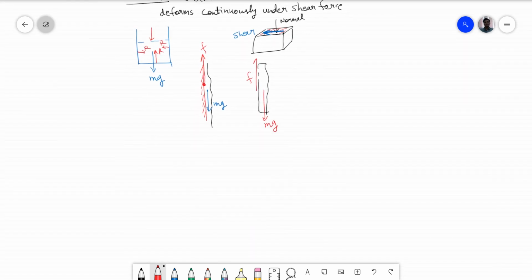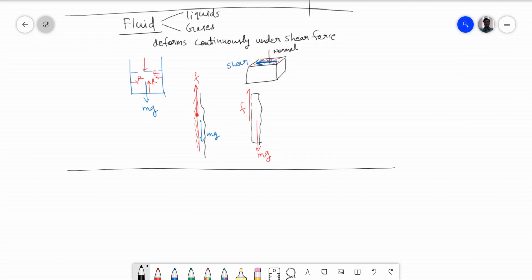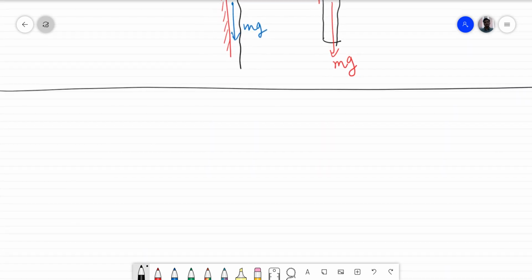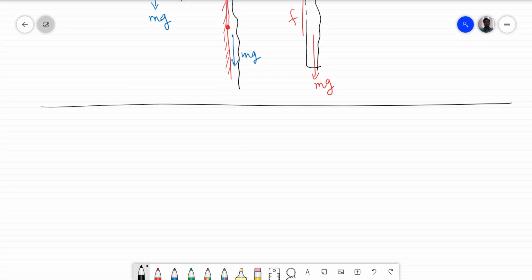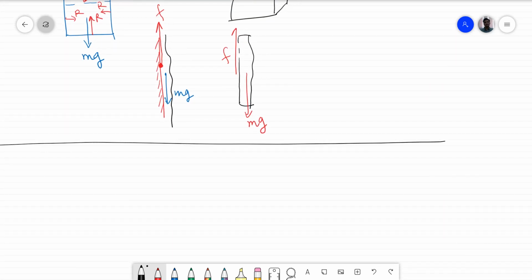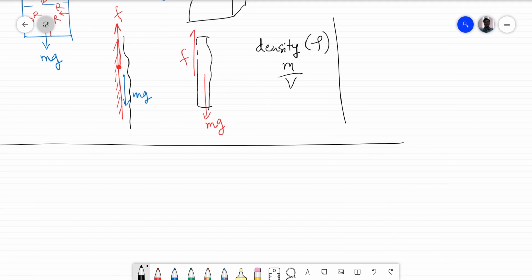So we have discussed this in detail in the fluid mechanics course. We are not going to discuss this. That is a fluid. That's what we are going to study. Some properties of fluids we will write here. Density, represented by rho. This is mass per unit volume. This most of you know, almost all of you maybe. Viscosity, represented by mu. This is resistance to movement between the layers of the fluid.